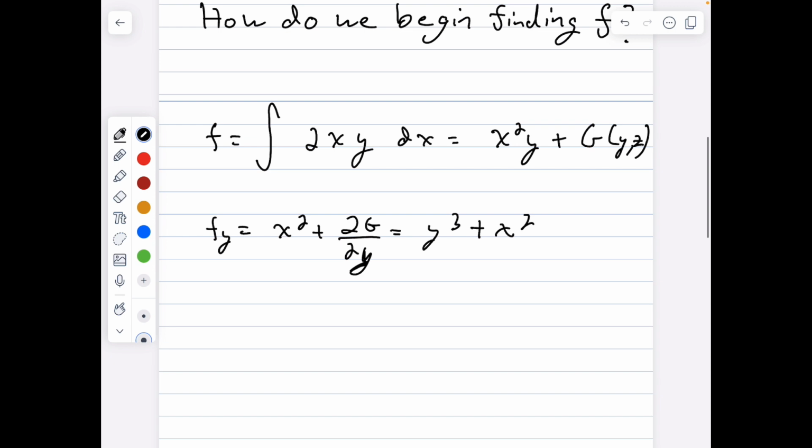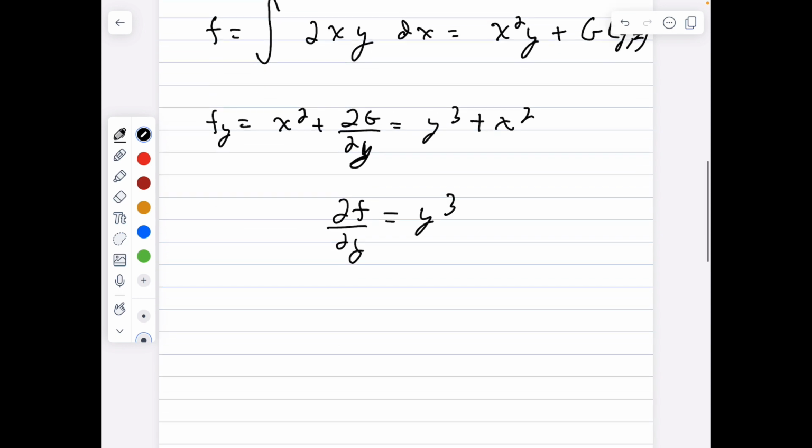And if you solve this equation, you would get the change in g, change in y, equals y cubed. And likewise, to get g, I would integrate dy here with respect to y. And if you notice, change in g, change in y is